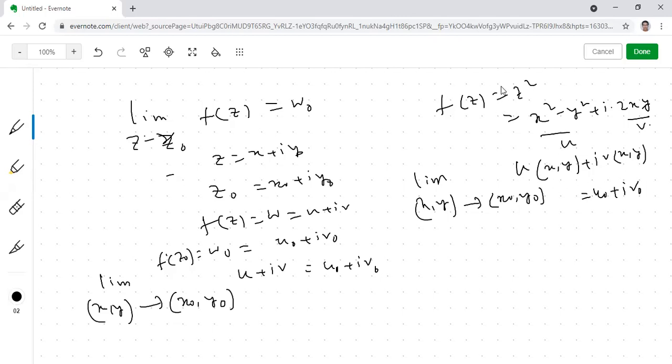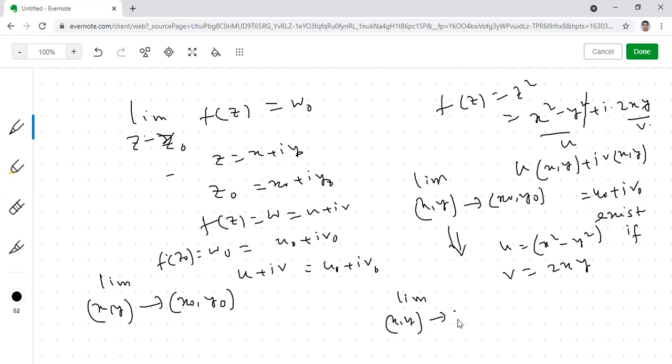Now here u and v both are functions of two variables. Forget about the function of complex variable. If I separately take u, u will be a function of two variables, that is x square minus y square, and v separately is a function of two variables, that is 2xy. So here what is the theorem? The theorem tells us that this limiting value will exist if limit (x,y) tends to (x0,y0) of u(x,y) separately equals u0 and limit